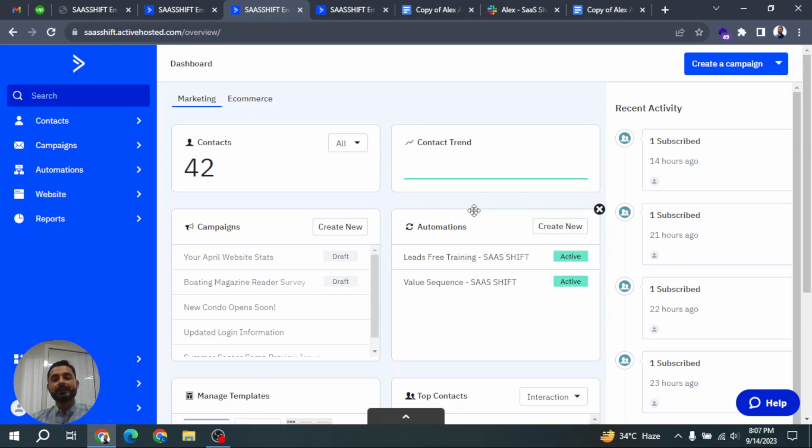Similarly, you can also manage contacts with different lists, tags, and segmentation, which is very diverse and very advanced, according to different scenarios and categories and the actions your leads and contacts